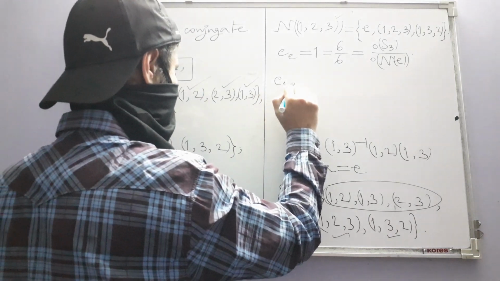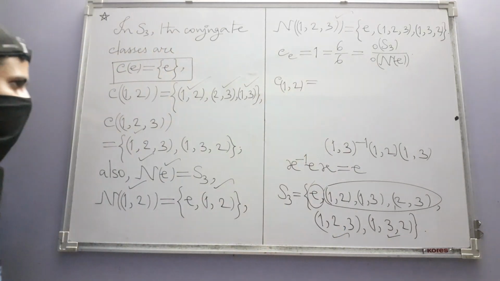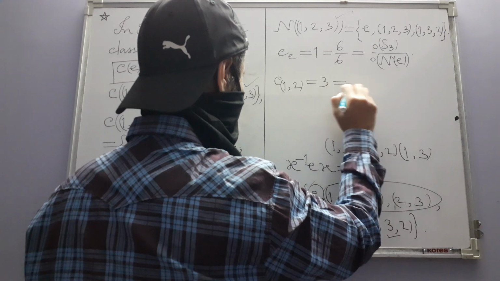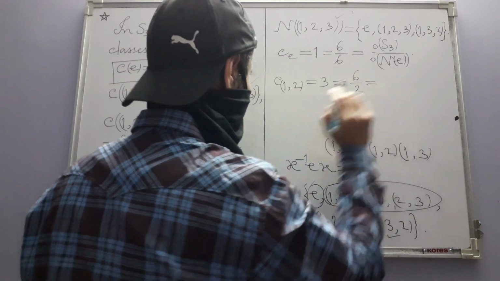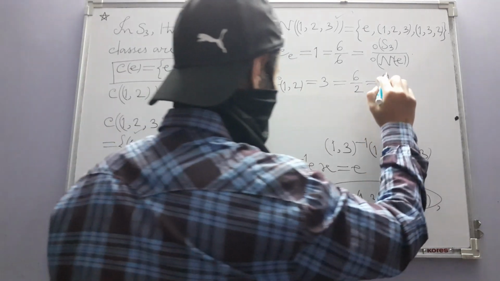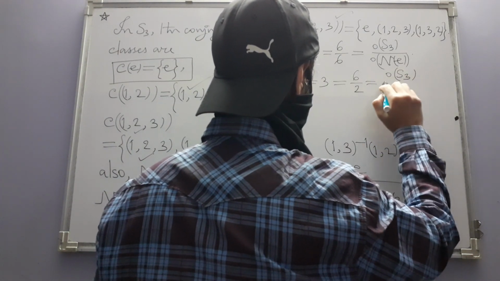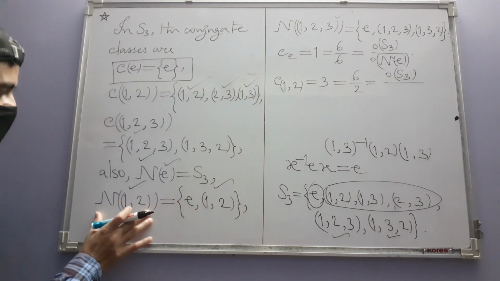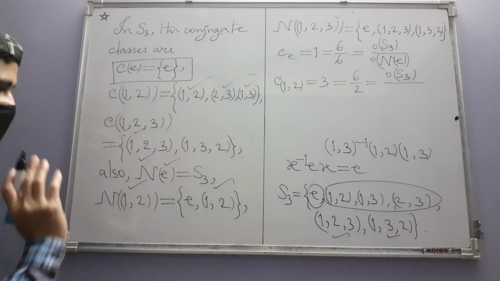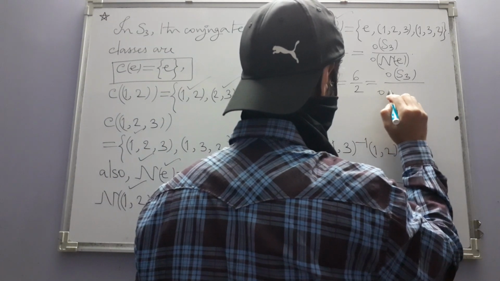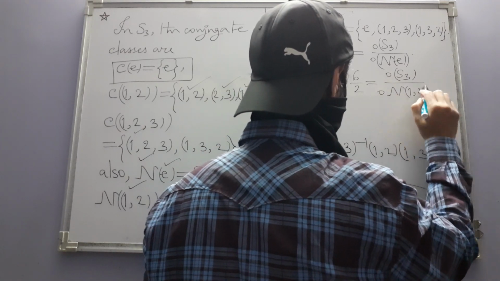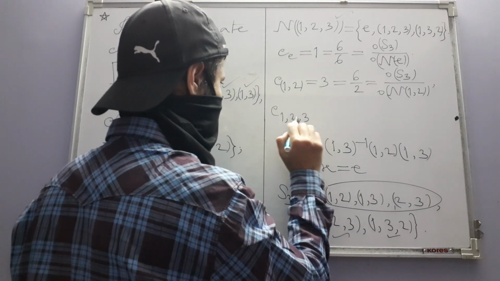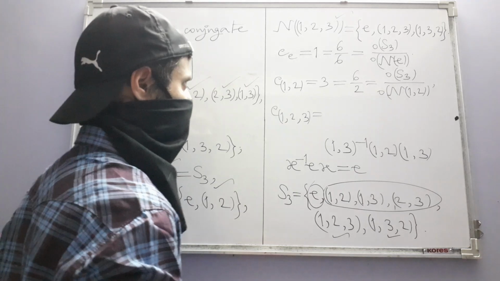Next, what is the size of the conjugate class of (1 2)? It is 3. 3 can be written as 6 over 2. So 6, the numerator, is always the same. In the denominator, you see the order of the normalizer of (1 2). So that's why this. And finally, the conjugate class size of this 3-cycle,